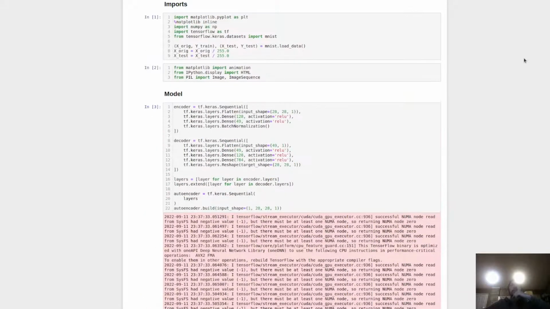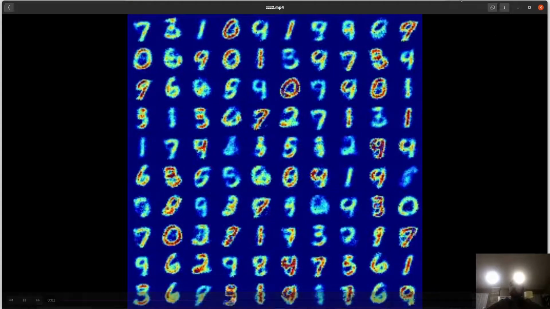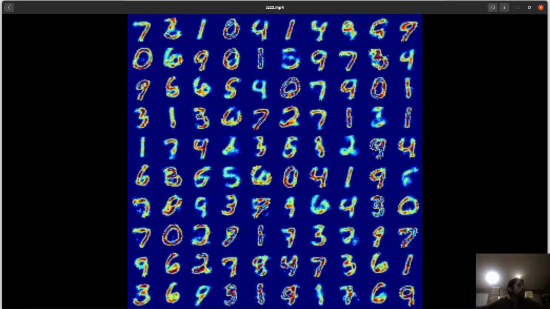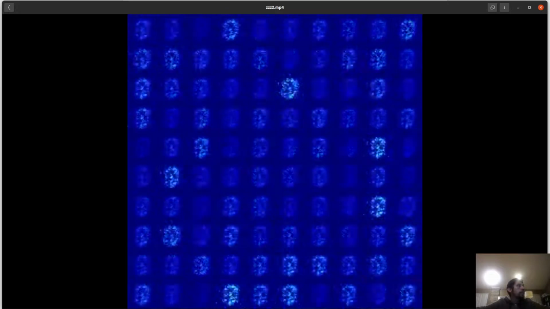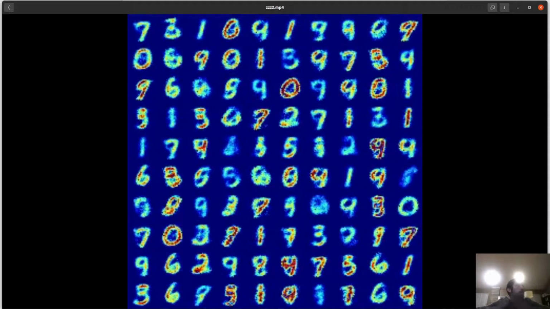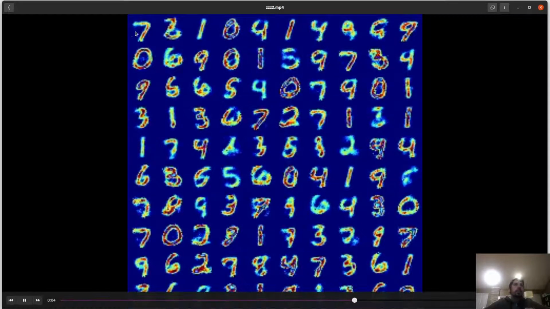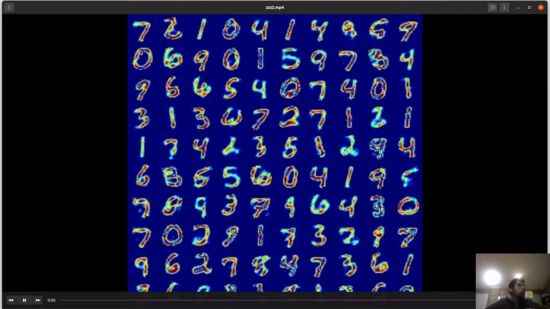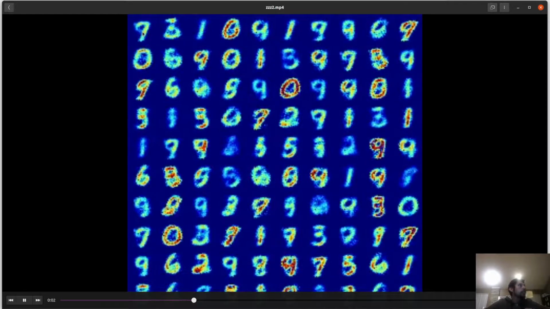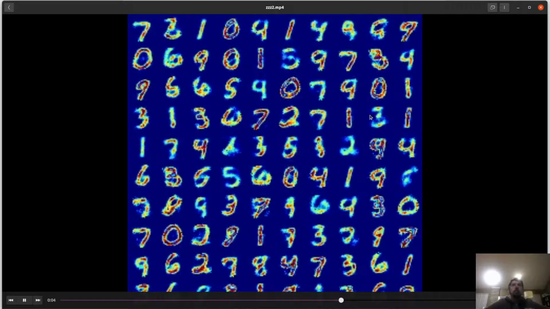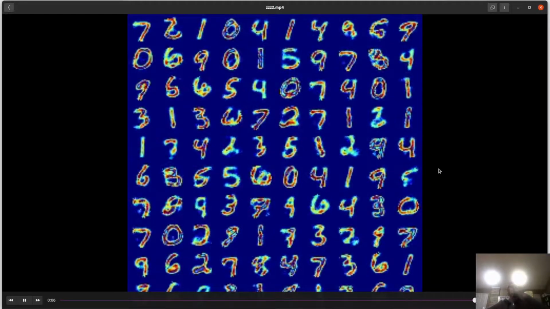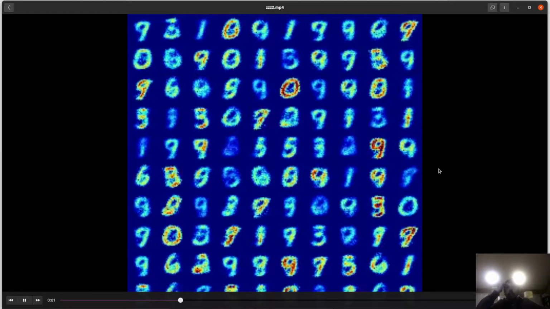And let me show you the finalized thing here. So you can see right now it's showing the kind of finalized numbers. There it is. So you saw it was so fuzzy, and for example, a lot of these, like the zeros, it gets really quick, but a lot of these start off looking like a 9 and then they kind of change. But yeah, this is the output of the